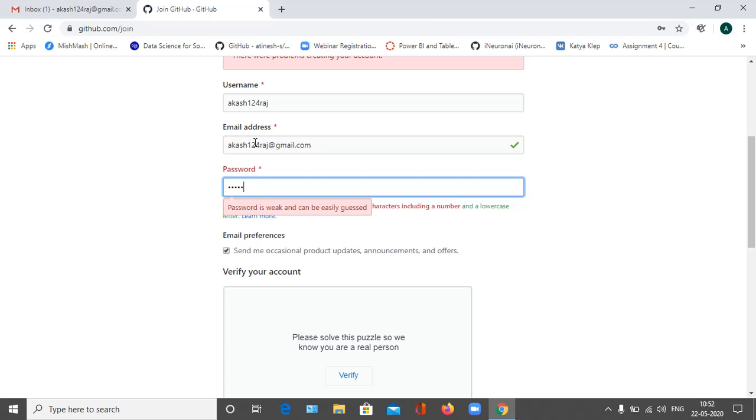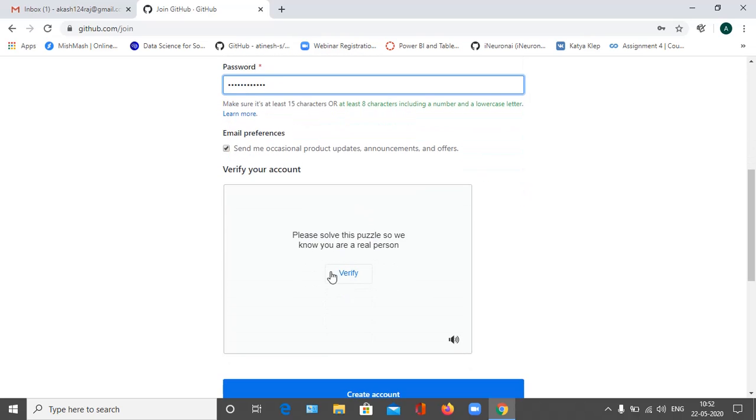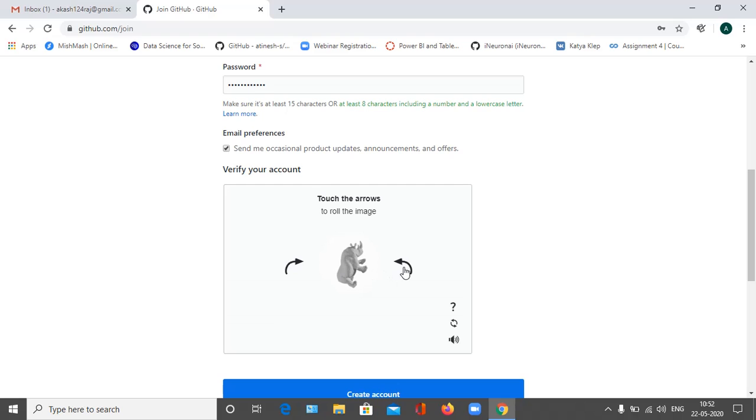I hope this problem does not occur on your system, because it occurred on mine since I've been making lots of accounts in the last few days, and for that reason it gave me the error. I hope this will work for me. Click on create account.